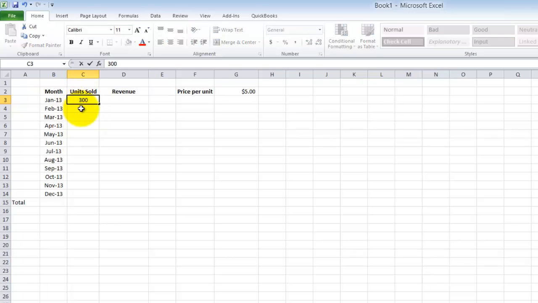Okay, say February we sold 460 units, and in March 200. Wasn't as good a month. In April we did 500 units. Okay, so this is the only data that you'll have to enter, the units sold, because that's a variable amount. But our revenue, which would be our units sold times the price per unit, we can enter the first one here, which you'll enter an equal sign,